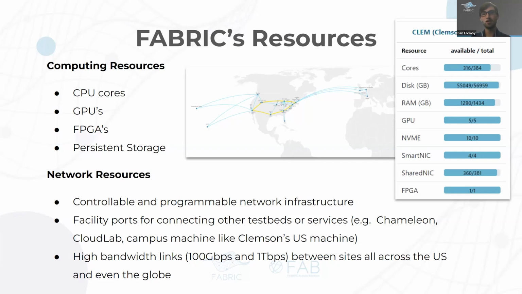And last but not least, Fabric has high bandwidth links between all the sites across the United States and even the globe. You can see in this map all the sites that make up Fabric's infrastructure. All the blue links are 100 gigabit links, and then there are also 2 yellow links, which are the 1 terabit links. When you hover over any of these sites in the Fabric portal, you can see all of the available resources, whether it's the cores, storage, RAM, GPU,